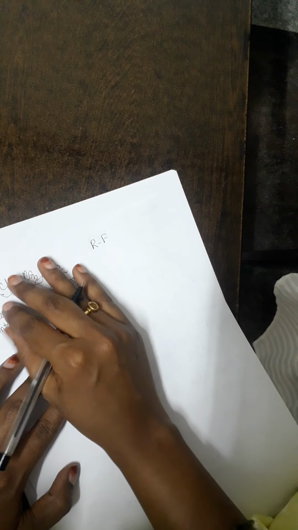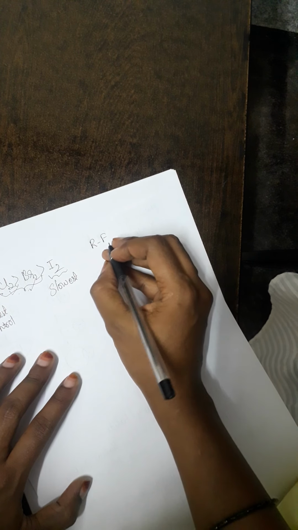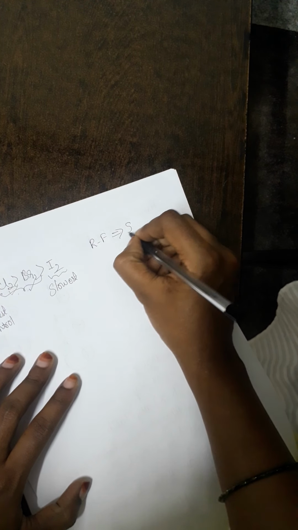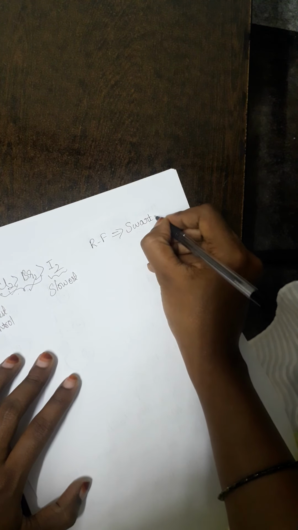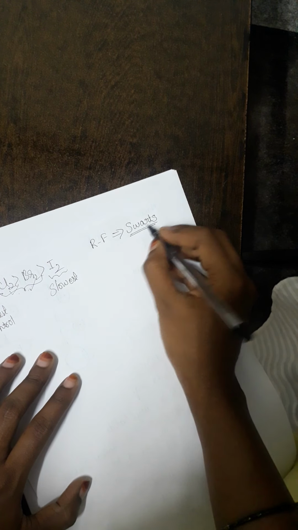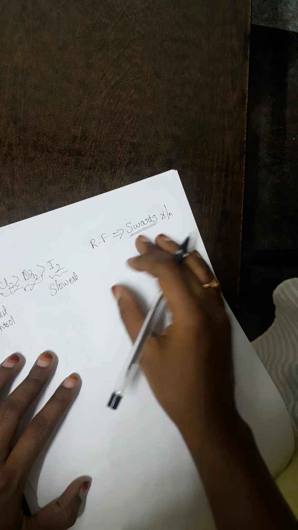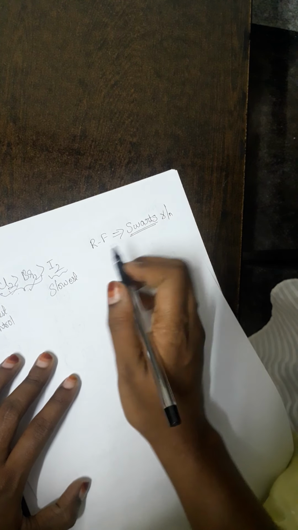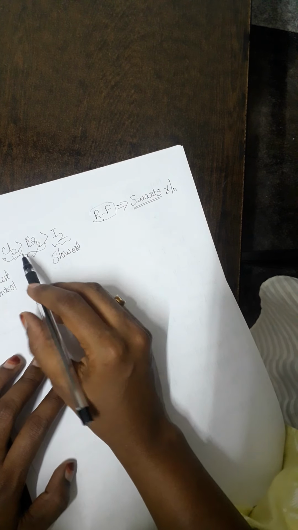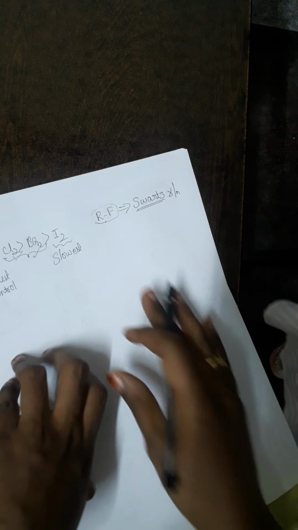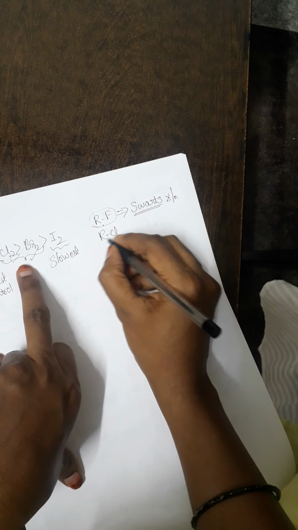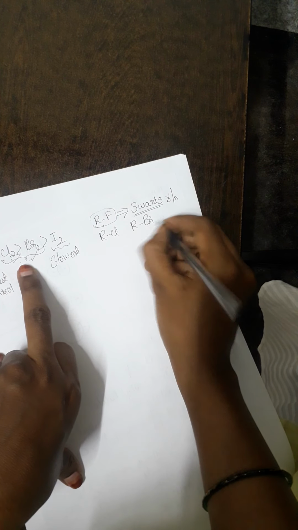I said that halogenation is not the best method for the preparation of alkyl fluoride. So what is the best method to prepare alkyl fluoride? We have one name reaction which is very, very important for your theory exam as well as for competitive exams, and that is called the Swarts reaction. So we have the well known Swarts reaction if I want to prepare an alkyl fluoride. Chlorination and bromination are the preferred halogenation reactions, so that we end up with RCl, the alkyl chloride, and alkyl bromides as products.